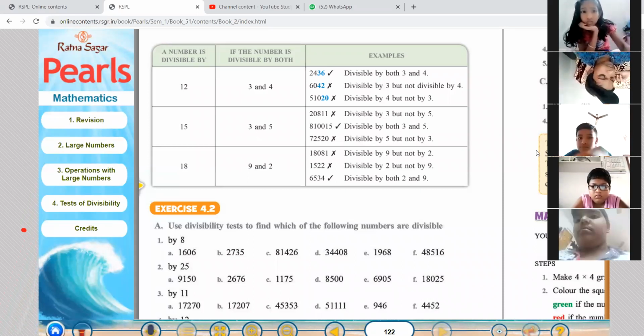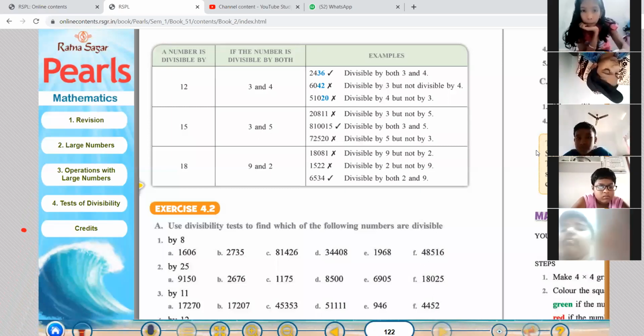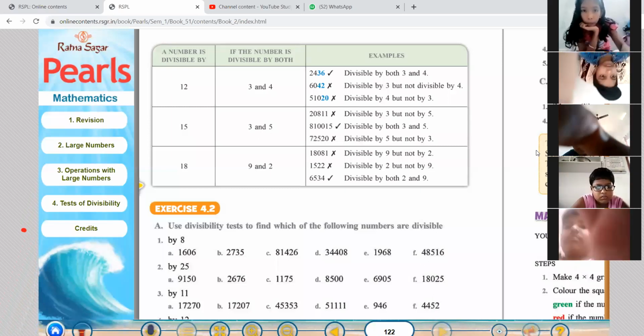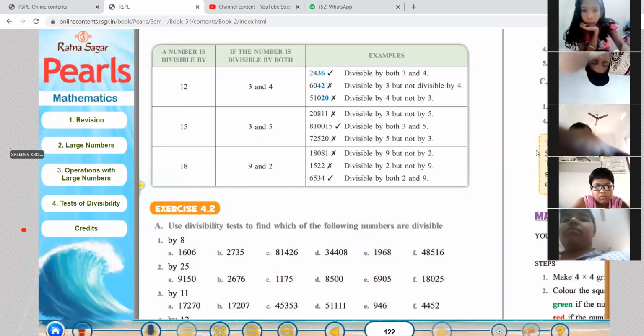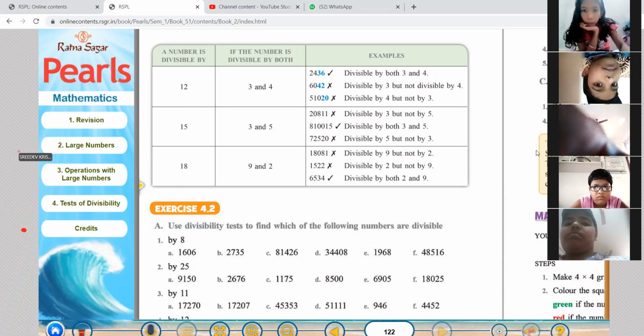Okay, then first of all, we have to find the sum of its digits in the second case. What is the number? 8 lakh, 10,000 and 15. Which are the digits there? 8, 1, 1, 5. Then what is the sum of its digits? 8 plus 1 plus 1 plus 5, which is 15. Is 15 divisible by 3?